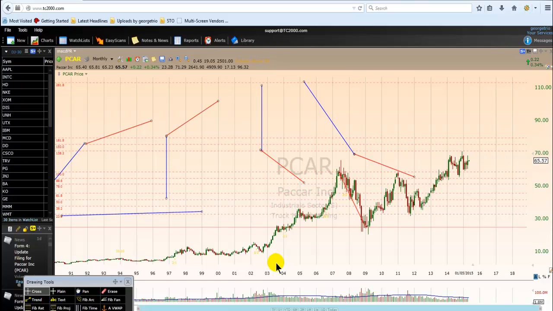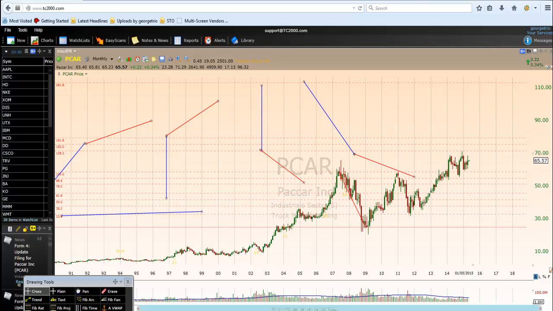So now we know where the ending diagonal will take place and when it will take place. Now we're going to look at the anatomy of the ending diagonal. When we are talking about the anatomy of the ending diagonal, we are talking about the internal waves of the ending diagonal. There are two types of ending diagonal. One is happening in a downtrend, when the price moves too far, too fast in a downtrend, followed by an ending diagonal. There is another ending diagonal that can take place in an up move, uptrend, okay?